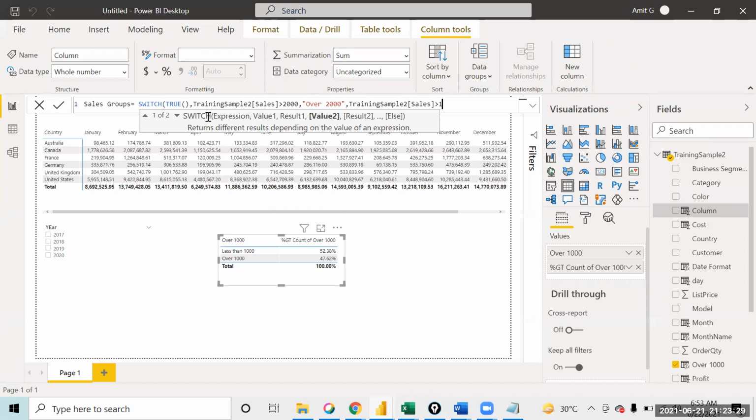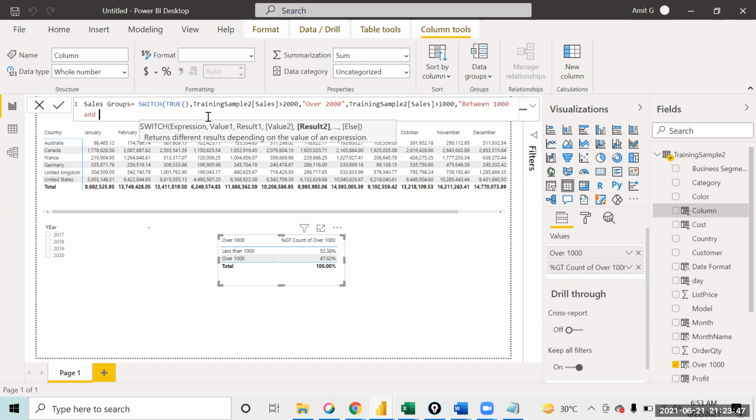Are my sales greater than 1,000? If the sales are greater than 1,000, then I want the output as, let's call it, between 1,000 and 2,000. And if this condition also fails, you want to give the else part. If the first fails and the second also fails, then you give the output after a comma as else.